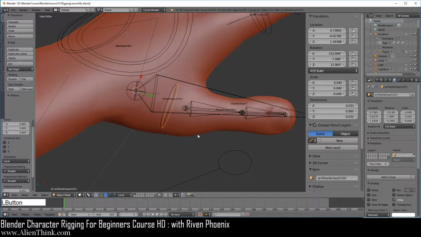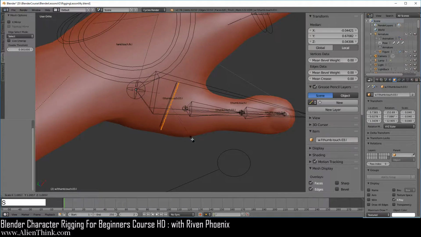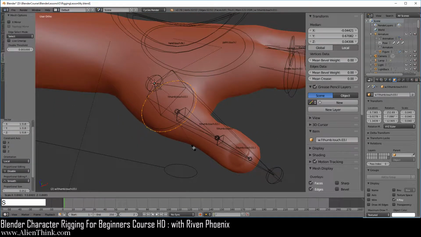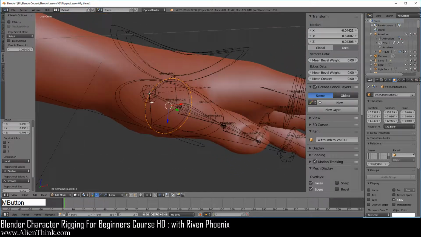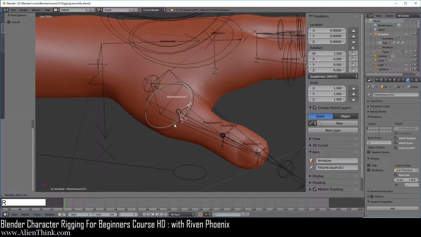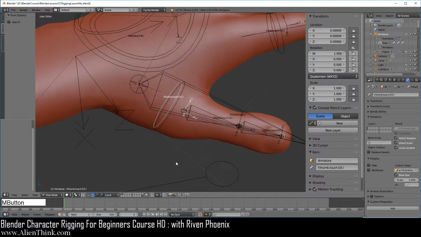and click over here and press the S key to, let's say, scale this over here first. Now here I'm just going to press the tab key to go into edit mode and scale this out a bit more. Okay, so this is for the thumb over here, maybe like this. Now press the tab key. Now go ahead and press the R key 2 times. See that here we can basically rotate this. Okay, so that's all set up over here.